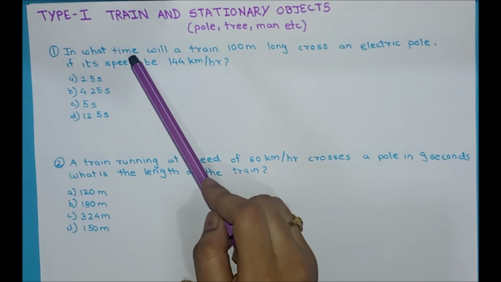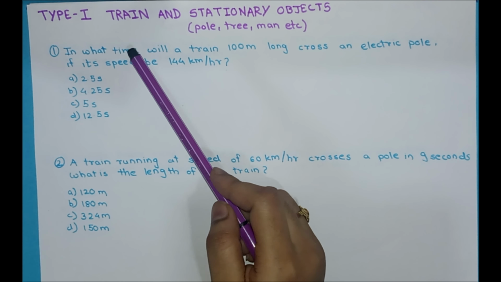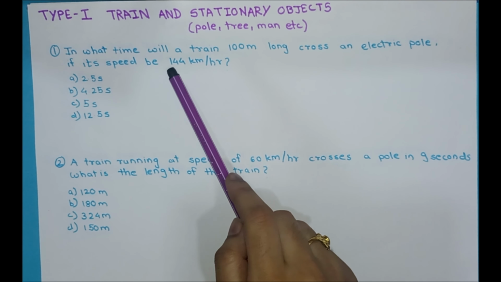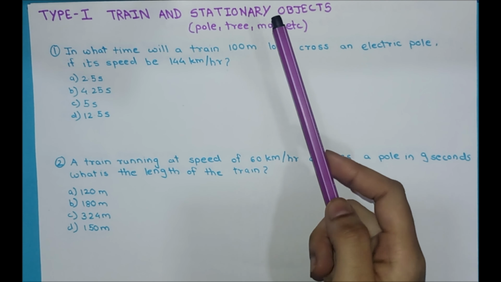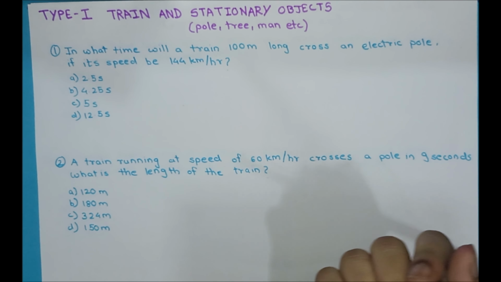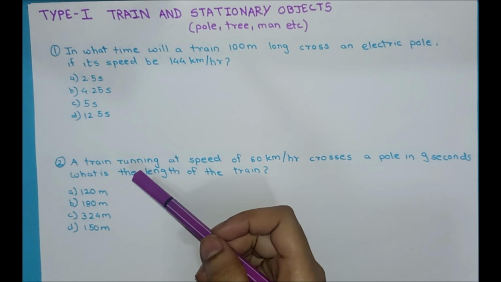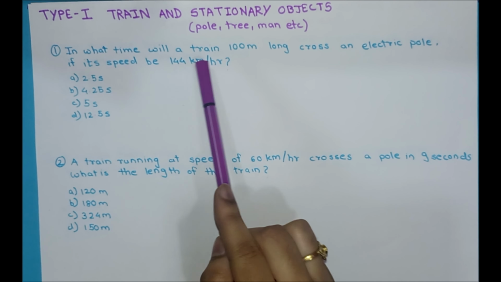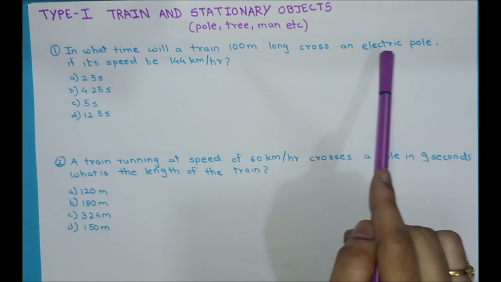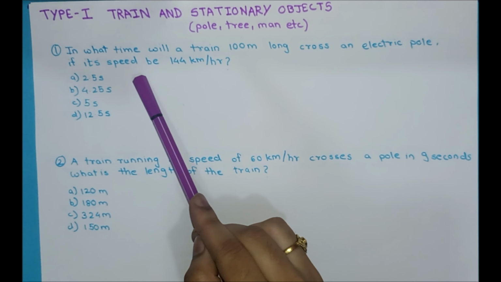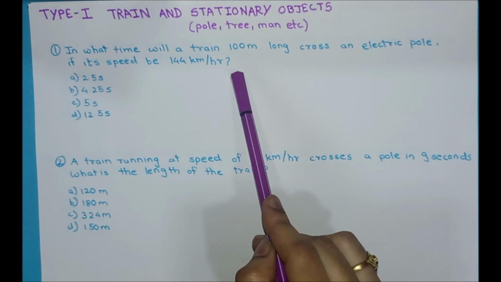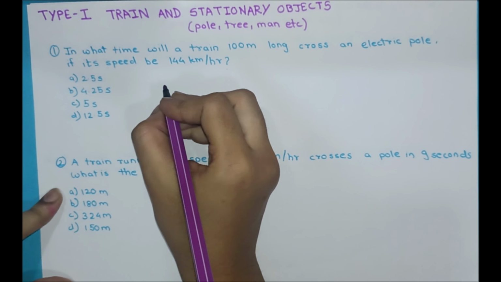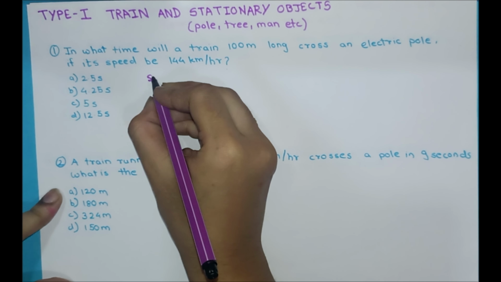Let's start with type 1, in which you have been given a train and a stationary object. The stationary object can be like a pole, a tree, or a man, or it might be a signal. So the question might be like, in what time will a train 100-meter long cross an electric pole if its speed be 144 kilometer per hour? So in such a case, we know that the formula for speed is